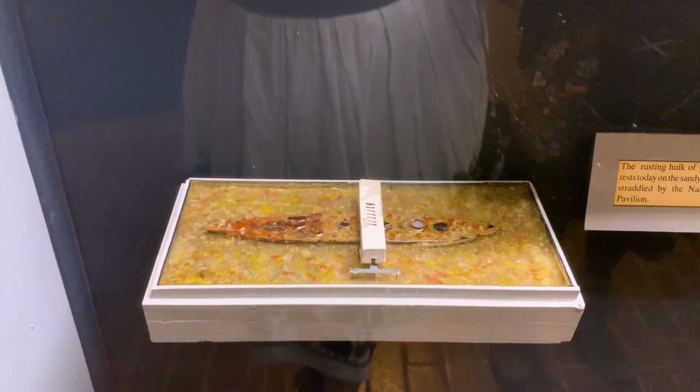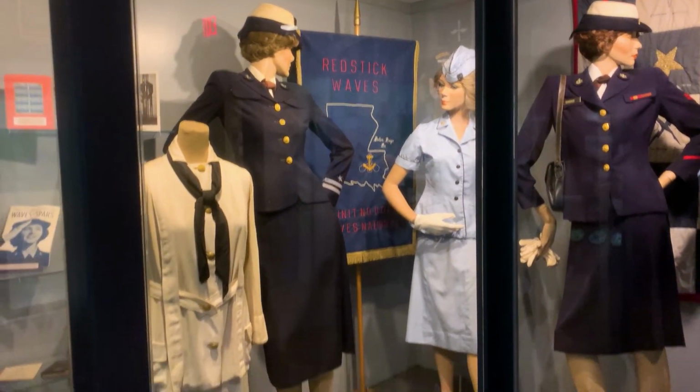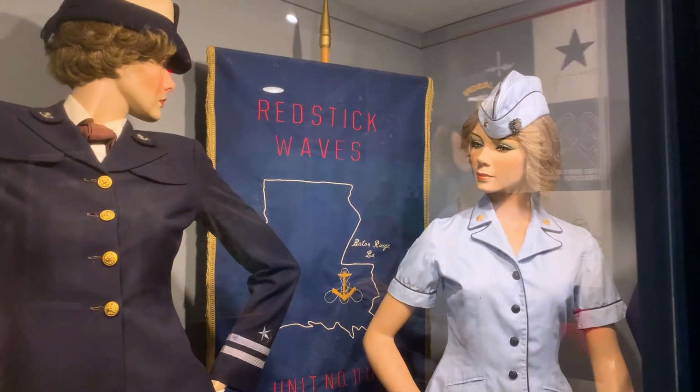So I saw that one, but I did not see that one. Yes, that's the sunken. They were, but they had very specific rules. Screwed. I think it's the other